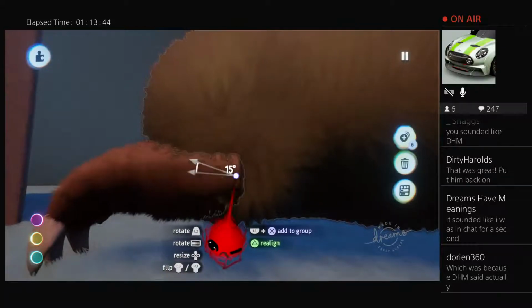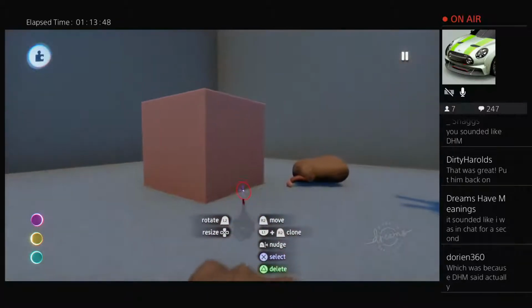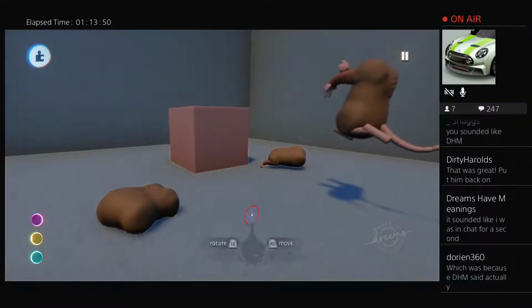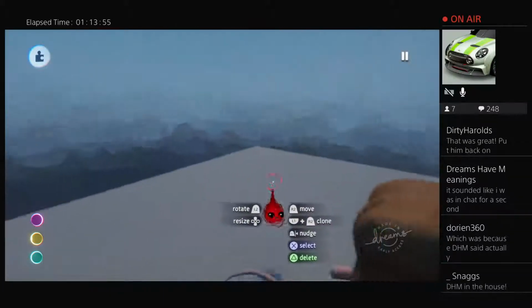Wait, Ada. Yes, there we go. Right. Now, we all know that rats don't have legs like that at all, but if you're prepared to do a bit of suspension of disbelief...